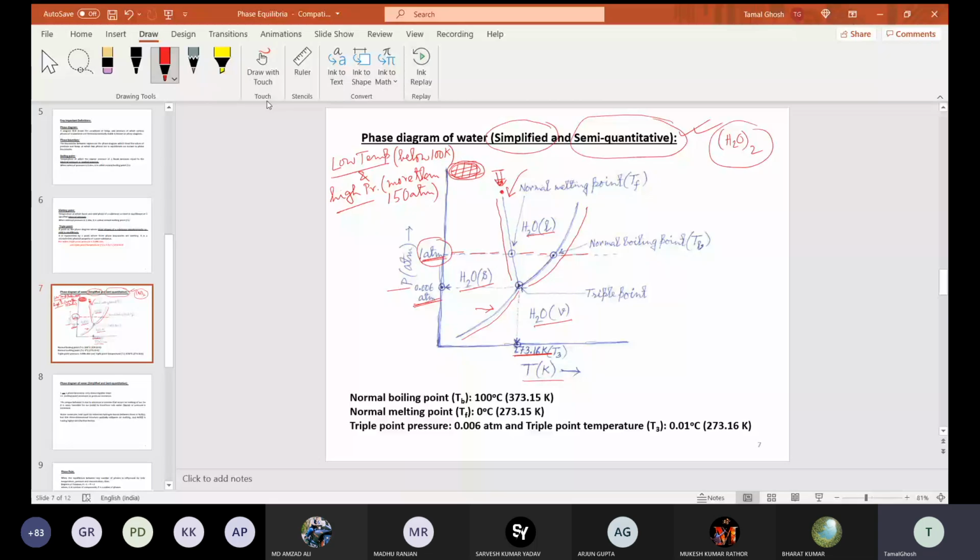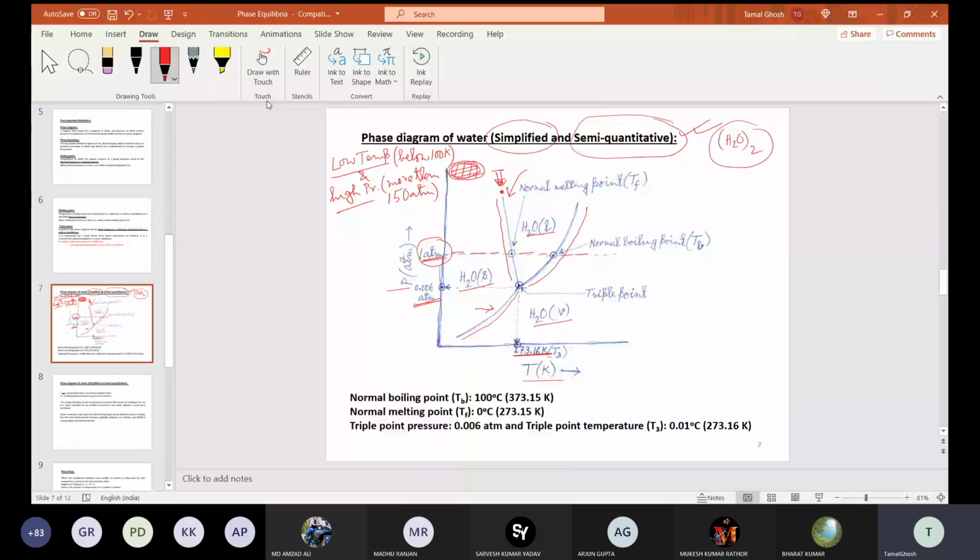So solid, liquid, vapor. So rather you should keep this or understand these things as the state of matter rather than the phase of a substance. In case of water, this is a situation where these names, solid, liquid, vapor, are being used here as the phase of this particular phase diagram. Okay, that I agree. But in general, these two are different, that you remember.